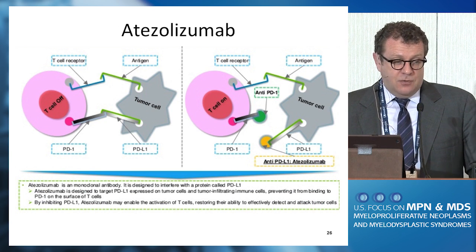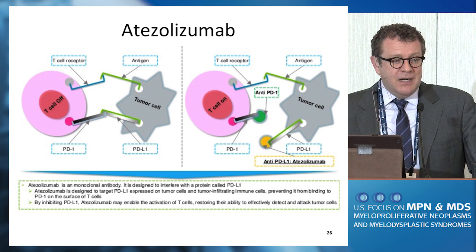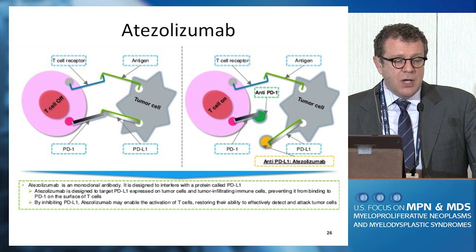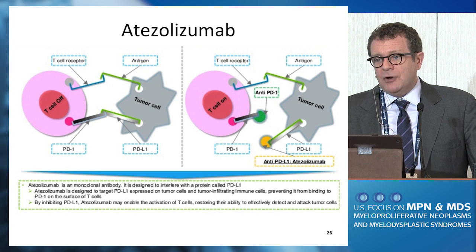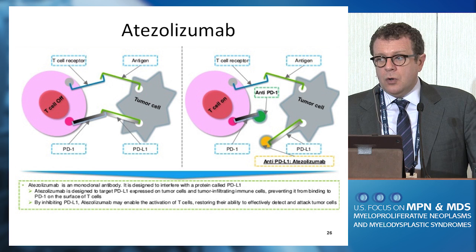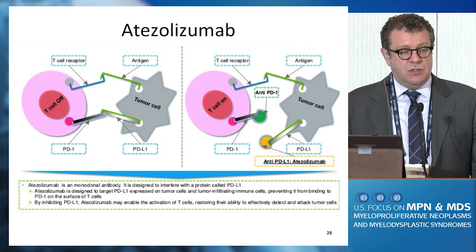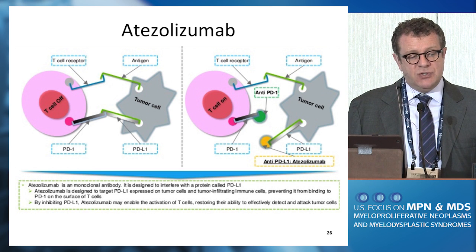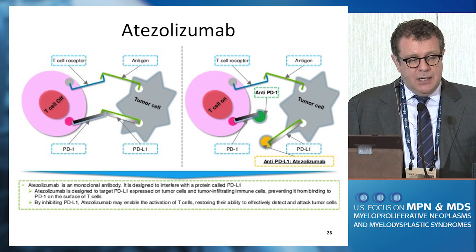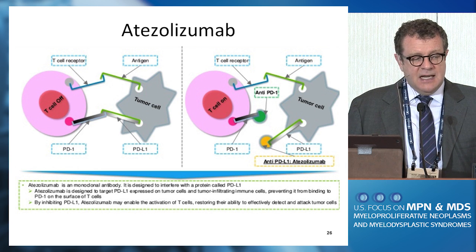Atezolizumab, so I can say that one, that's pretty good. But it's an antibody directed to PD-L1, and this drug is approved for bladder cancer. It basically turns on the patient's immune system to help recognize the cancer cell more easily. This antibody to PD-L1 prevents deactivation of the T cells, and so the T